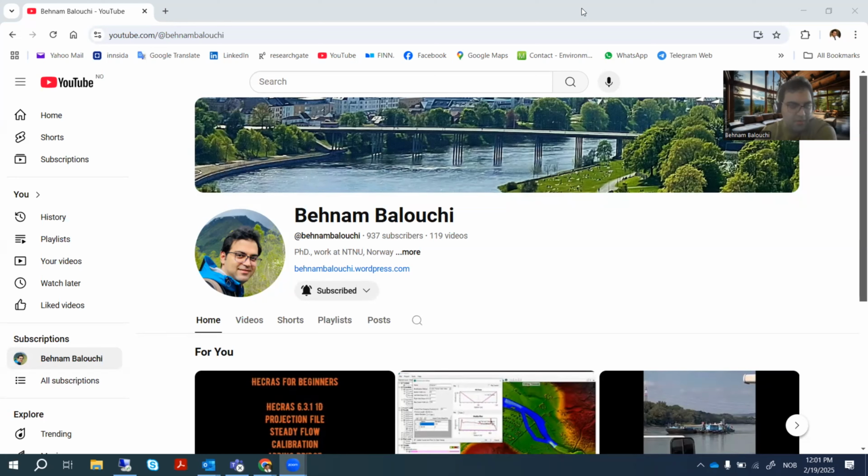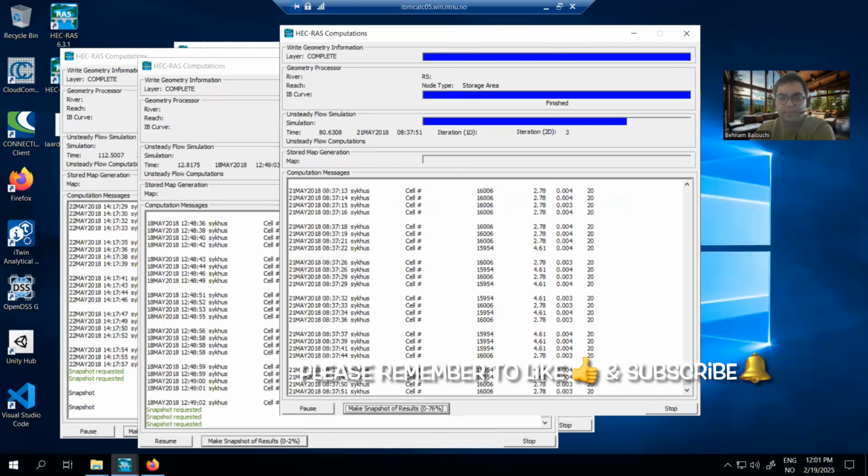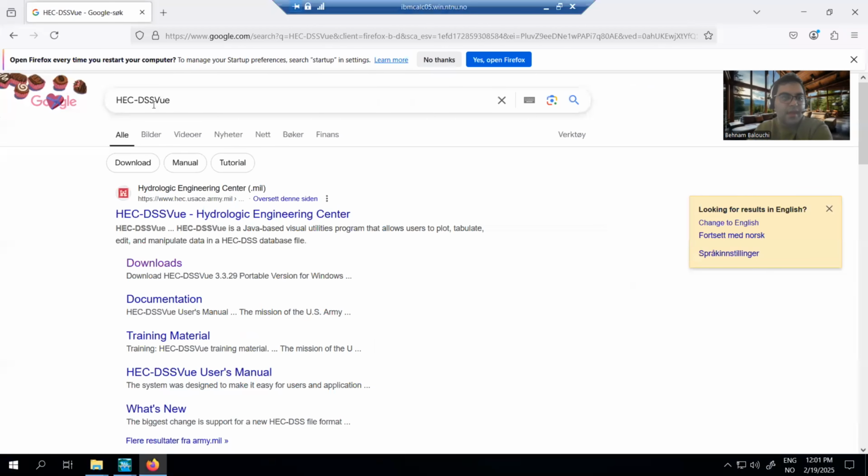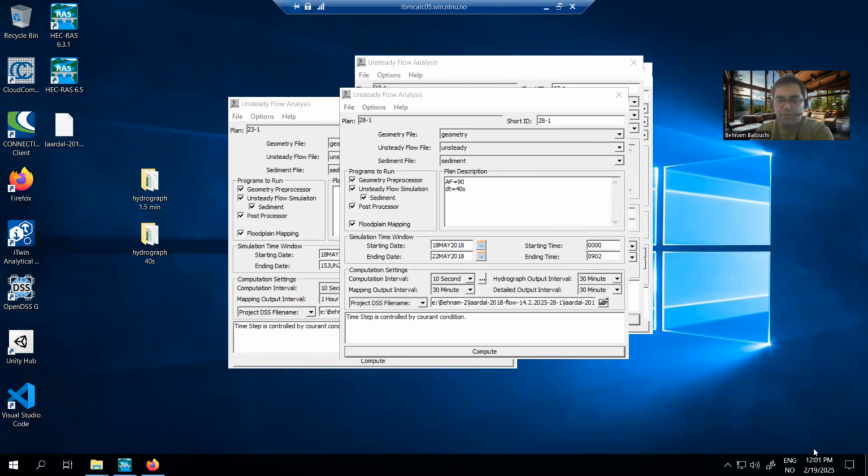Today I would like to talk about how to make an input file for the HEC-RAS 2D as a boundary condition, for example, a discharge hydrograph or a stage hydrograph or any DSS file, using the software named HEC-DSSVue, which is a software for all HEC models to generate the DSS files or data files. So I will show you, for example,